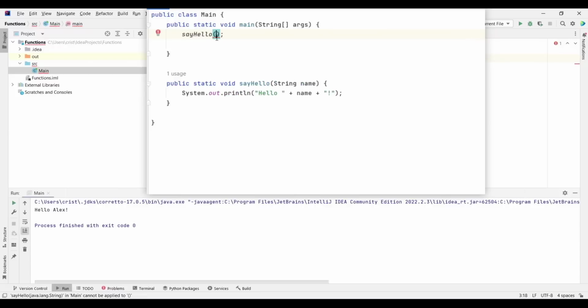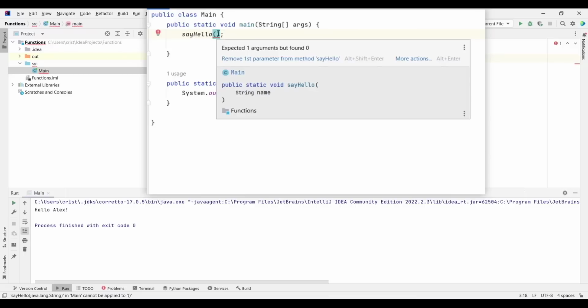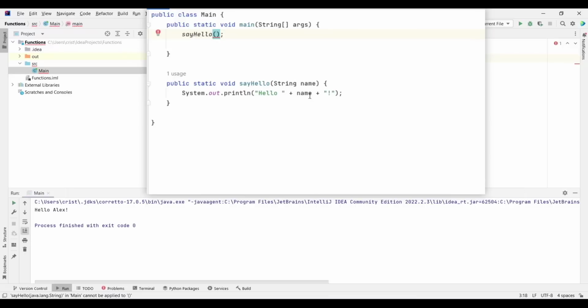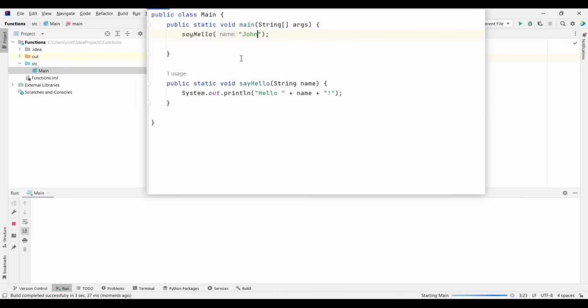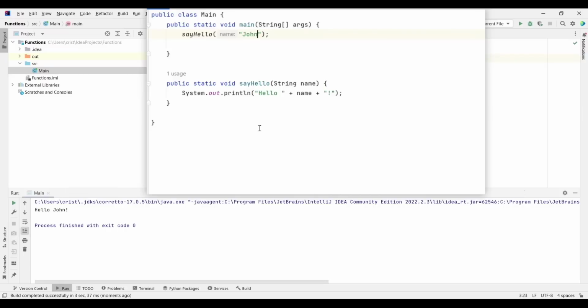So in other words, it's saying, hey, you defined below here a parameter name. Now give me a value for that parameter, so I will be able to use it in your code. So I will type here, let's say John. So now if you run this, it's saying hello John. So now it's using the value that is passed here, and as you can see, you have also this name that it's saying, the name of the variable, which is name.